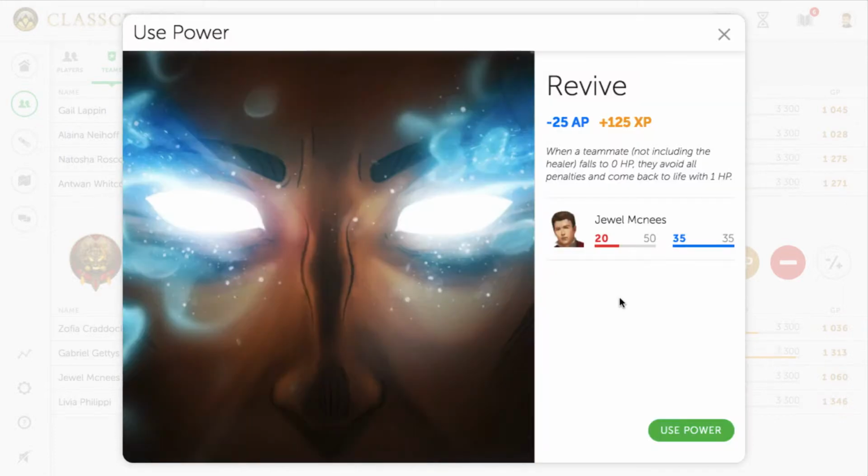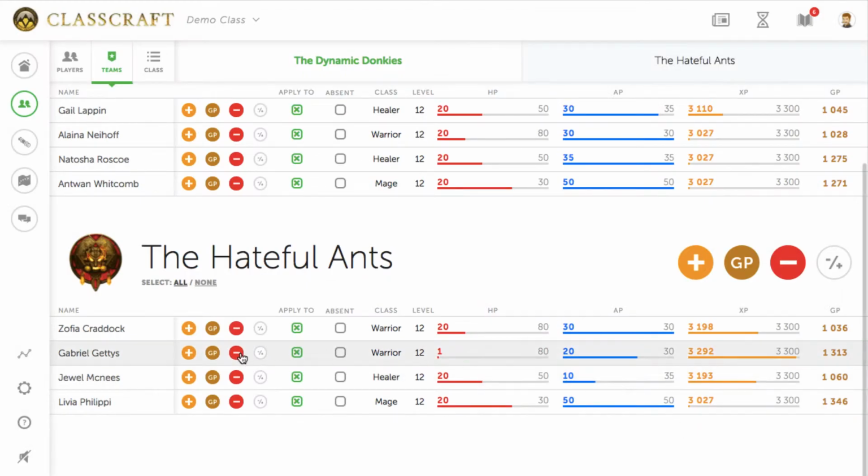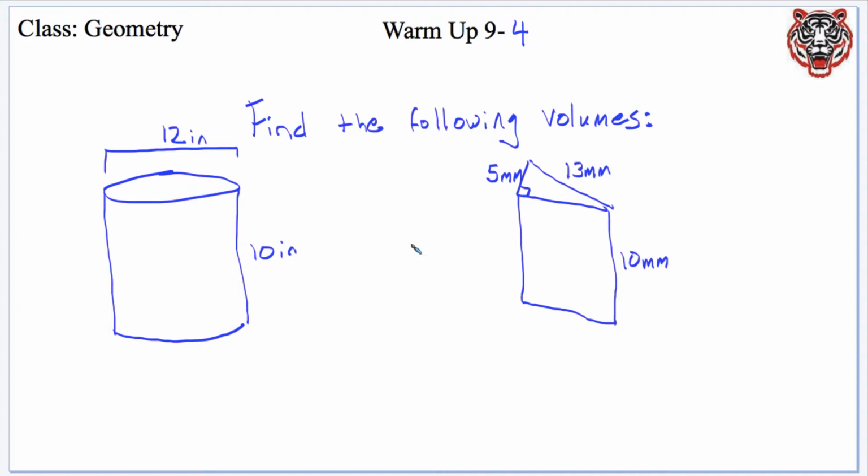Let's say Jules is going to use Revive, so use Power. Cool. So Gabriel didn't die. He went down to 1 HP. Perfect. So they finished their warm-up, and now I'll ask, okay, who wants to share the answer to these warm-up